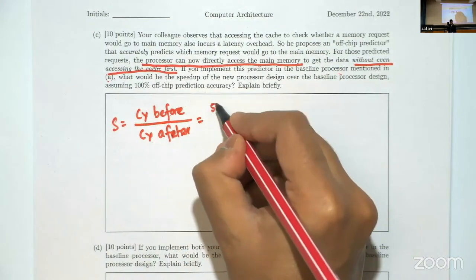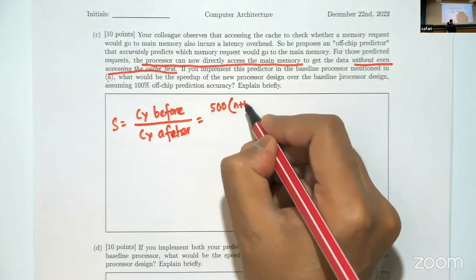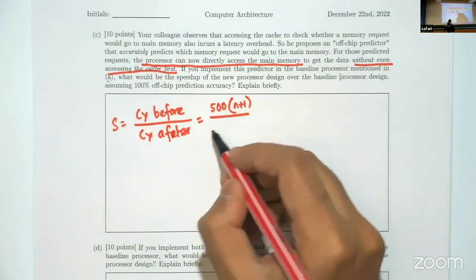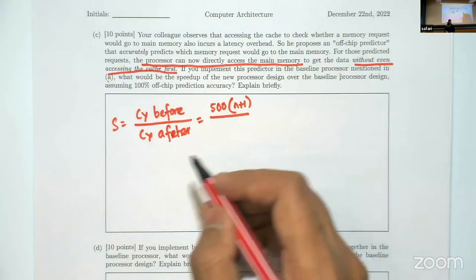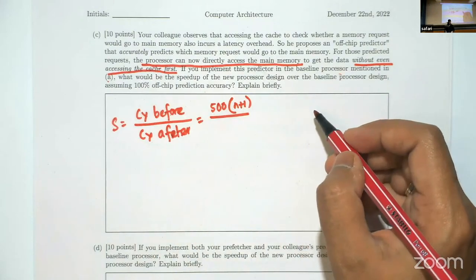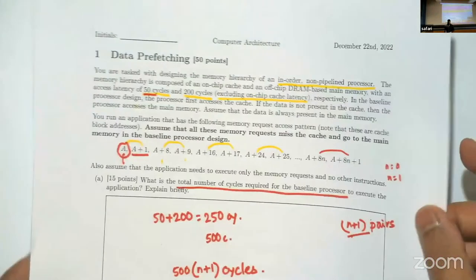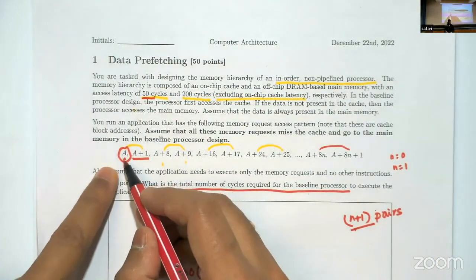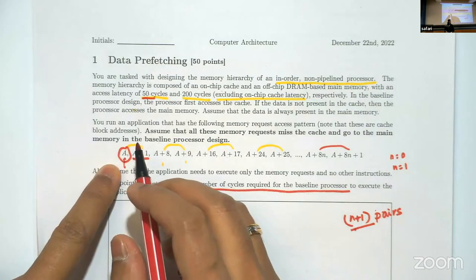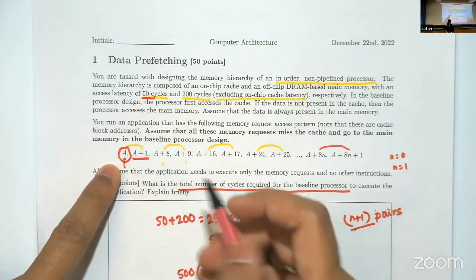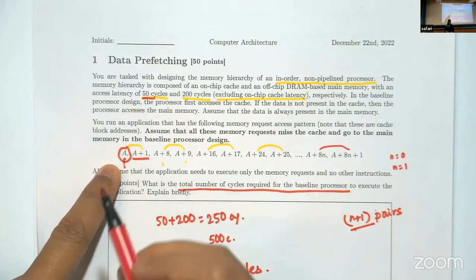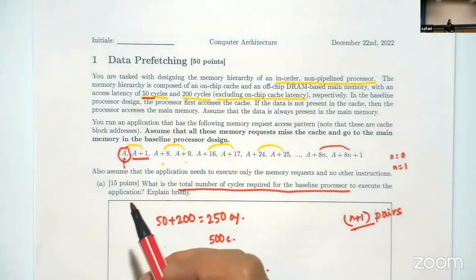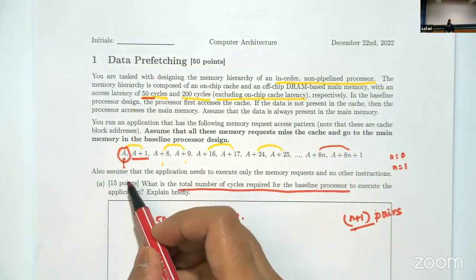Cycles before would be 500 into n plus 1, as we calculated in question 1A. Now let's consider the cycles after. Going back to this memory access pattern, for A, it was supposed to go to the main memory. In the baseline, you would first need to access the cache hierarchy, which takes 50 cycles, and then you would access the main memory, which would take